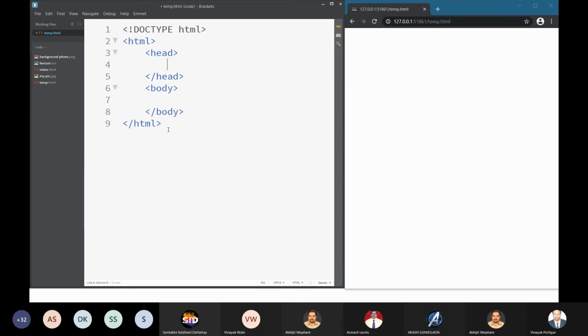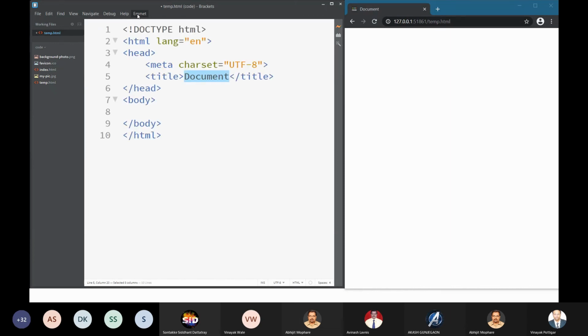Fine. Now obviously I have told you about Emmet. Why I have emphasized so much to install Emmet is because of this. Now I have typed this line, right? Without typing this line, I can generate the entire content of the blank HTML page by using Shift and the exclamation mark, and if after that I press Tab, automatically what has happened? Have you seen what has happened?